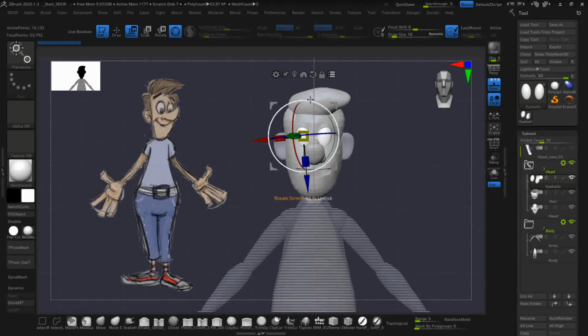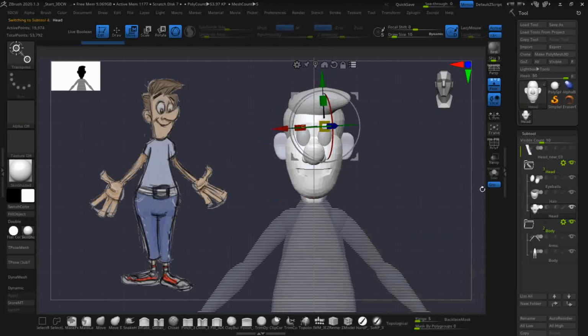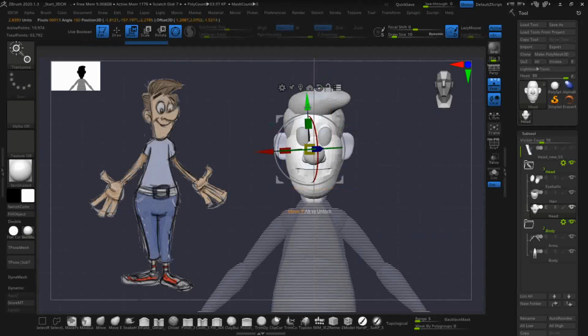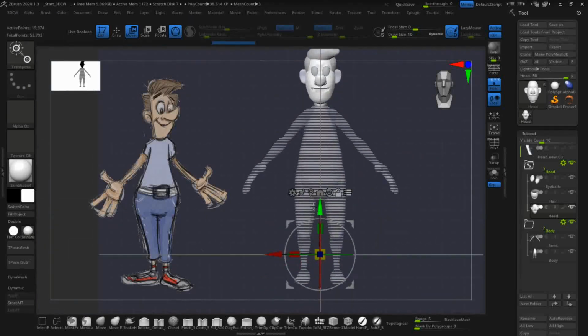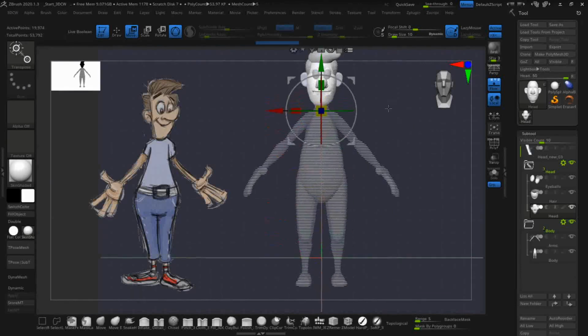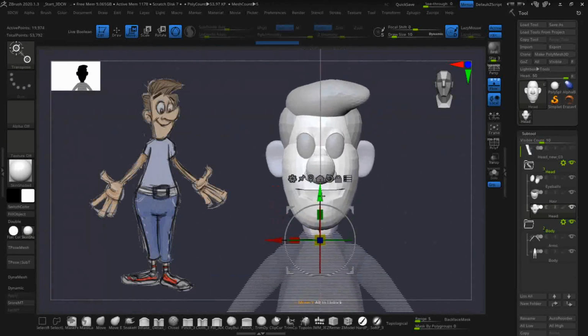So with that in mind, I'm going to be over the head, and then I will reset the gizmo to be in the center. Whoops, we want that to be in zero space. And actually I'm going to put it at the base of the neck, because that's where I'm going to be scaling from. So once we start scaling,